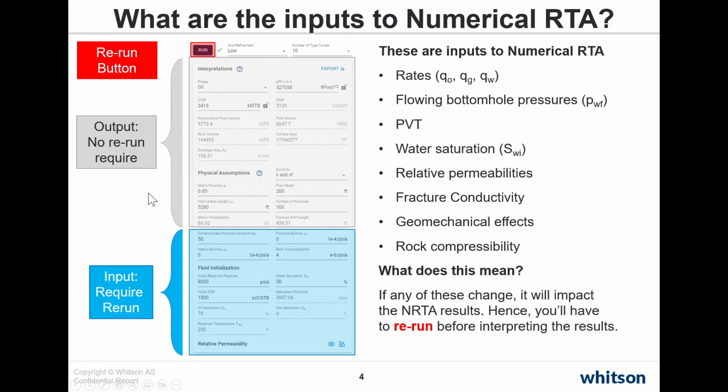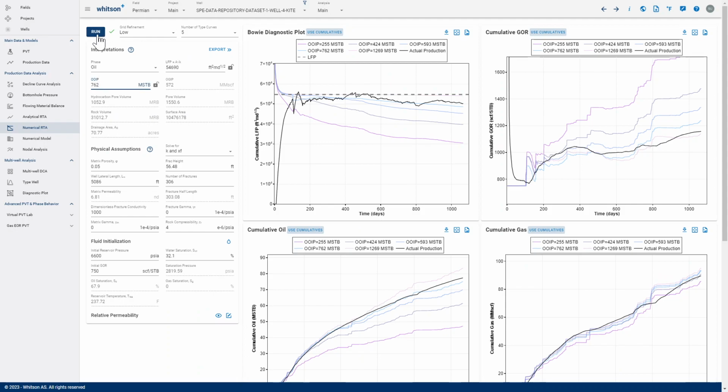First thing to just emphasize is what are actually the inputs to numerical RTA? Well, there's a lot of inputs to numerical RTA, but in addition to the flow rates and pressures, we have PVT, which is an important input, water saturation, relative permeabilities, fracture conductivity, geomechanical effects, and rock compressibility. Okay, so what does that mean? That means that if I change any of these inputs, I actually will have to go in and rerun the model. So I have to go in and click run again at the bottom up here to the left